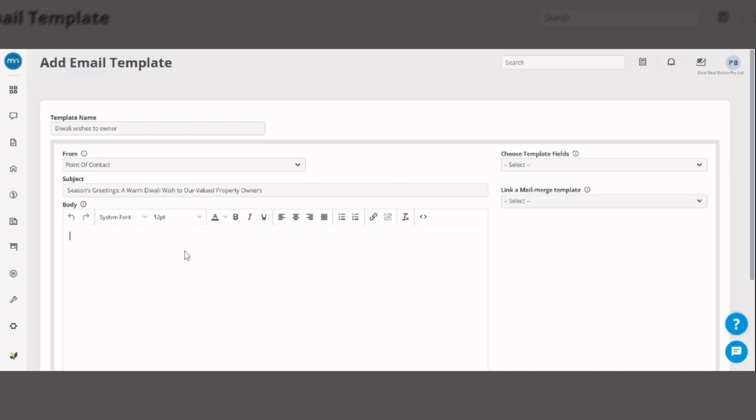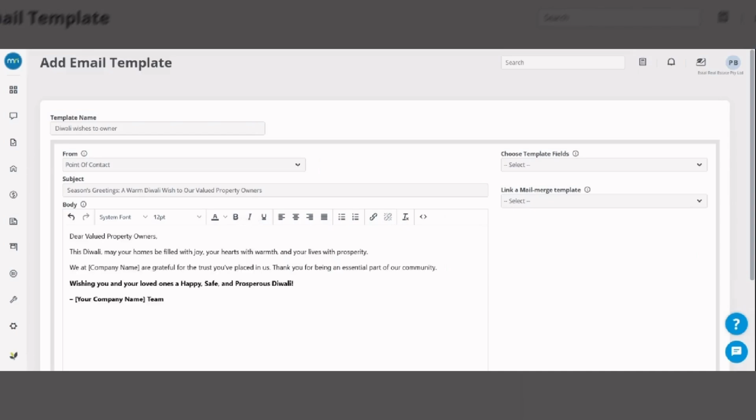And here you can add the content. Let's suppose this is the content.